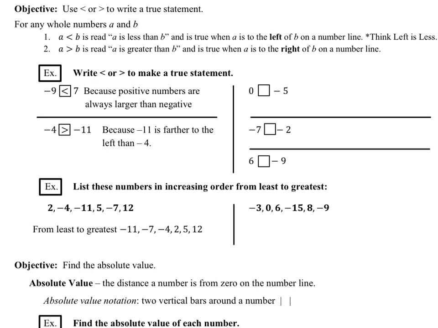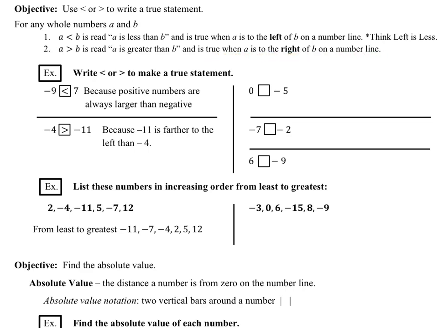Now next up, our objective here: use less than or greater than to write a true statement. So for any whole numbers a and b, if a is less than b, it's true when a is to the left of b on the number line. Think left is less, so double L thing right there. This would read a is greater than b, and is true when a is to the right of b